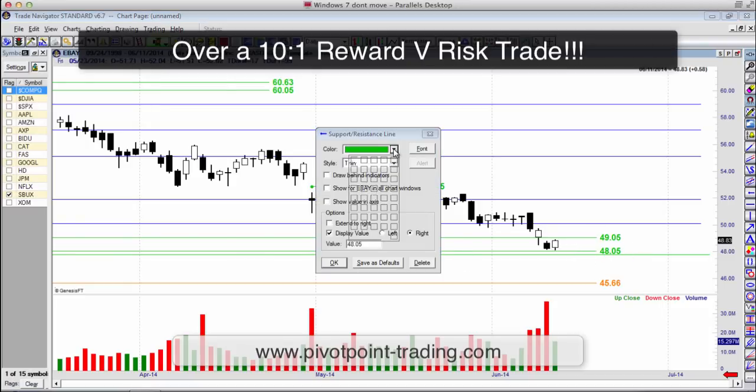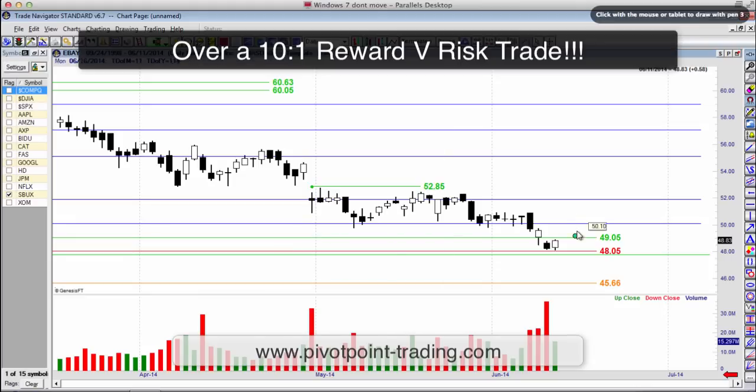Please do not be confused. I'm going to move this to red, and this is going to be a hypothetical stop. If we get triggered at $49.05, I'll be looking to exit if the trade goes against me. If we move below $48.05, you can all see that this leaves us with $1 of risk, all right? $1 of risk. To be completely frank, it's actually less than that, because you can bring this trade trigger down